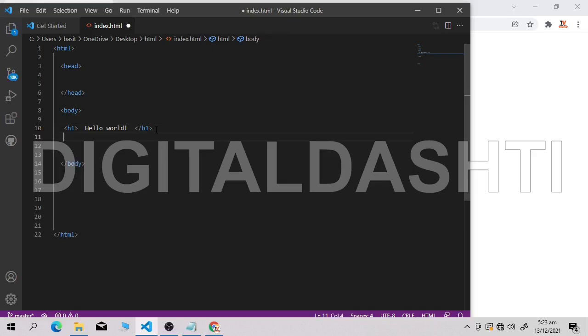Now I will show you another example, the h2 element. You can see h2. H2 is smaller than H1. There are 6 types of heading in HTML. We have H1, H2, H3, H4, H5, H6. You can use whichever you like. I will copy this text, paste it here, and save this page with our shortcut key Control S. Fine, it's saved here.